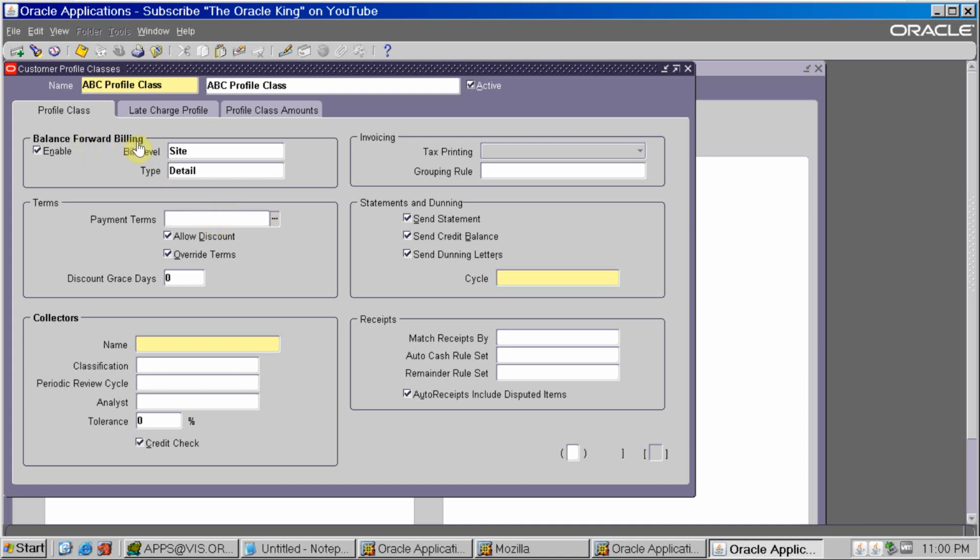If you are using balance forward billing, we have separate payment terms for balance forward billing, which is linked to the balance forward billing cycle. So there is a setup where we link this payment term. If you are not using a balance forward billing cycle, we can give any payment term by default. So let me disable this one.